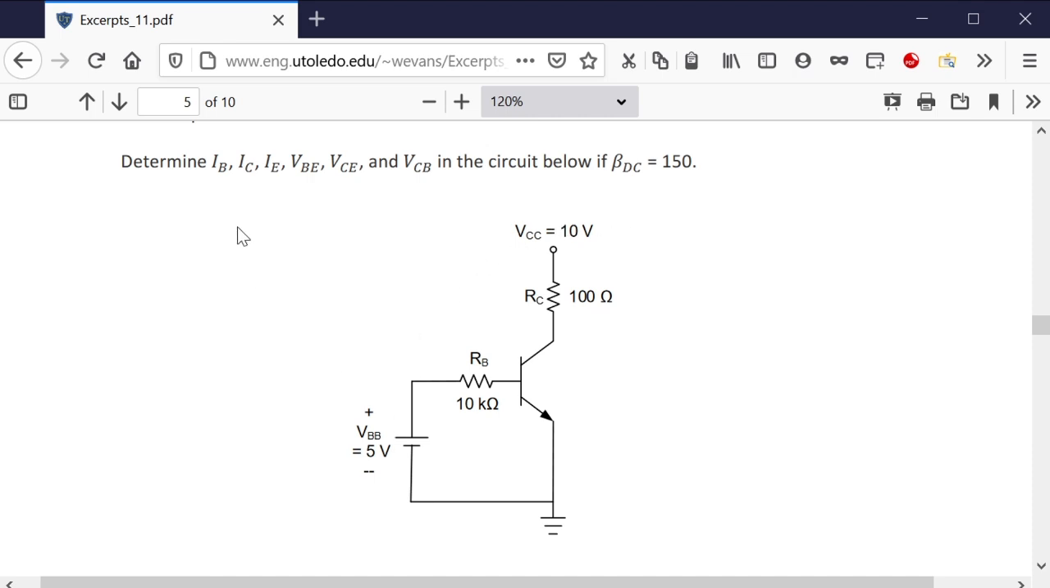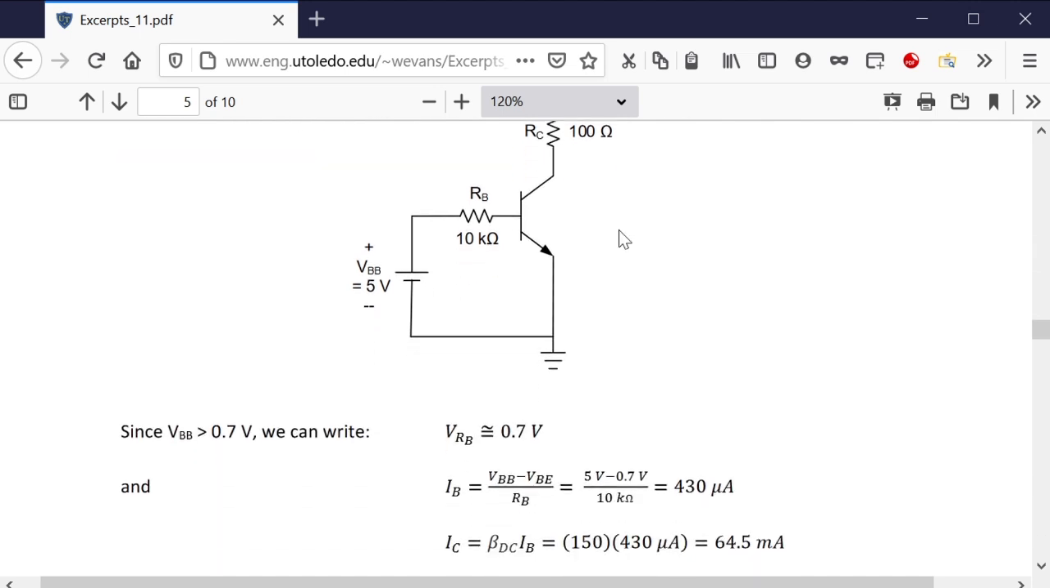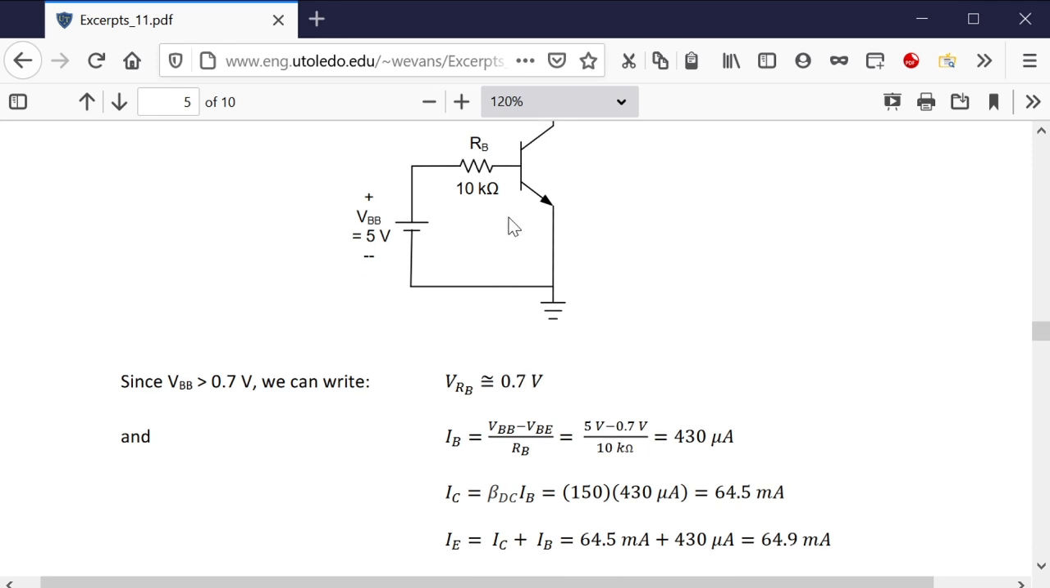It says determine IB, IC, IE, VBE, VCE, and VCB if beta is 150. So we're given beta, and we know that the voltage from here to here is 0.7 volts if this is positively biased, and it is because this is greater than 0.7 volts. So you've got to check to see if this voltage is greater than 0.7. If it is, then we have 0.7 volts across here,